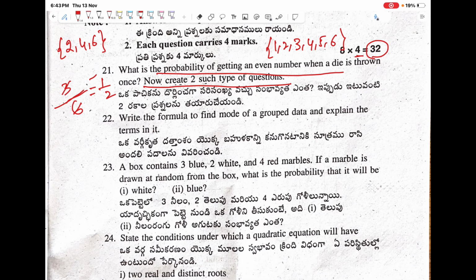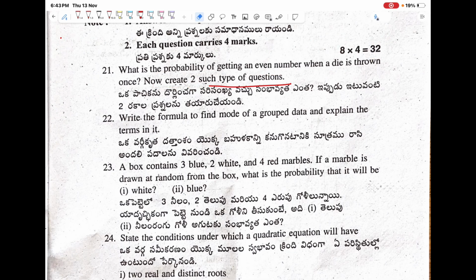What is the probability of getting an even prime number? That is another way of asking the question. And what is the probability of composite numbers when a die is thrown? So likewise, any question you can prepare. Two such questions you have to prepare. Such an easy question they have given you. So next, come to the question number